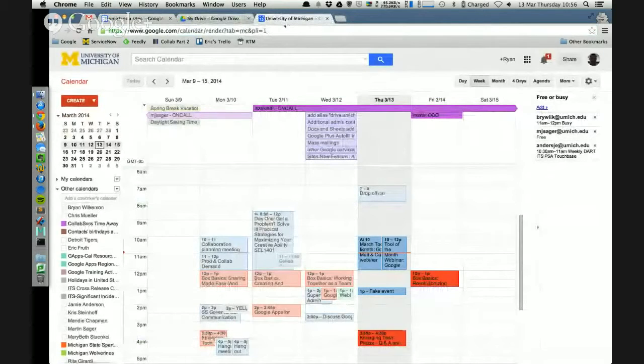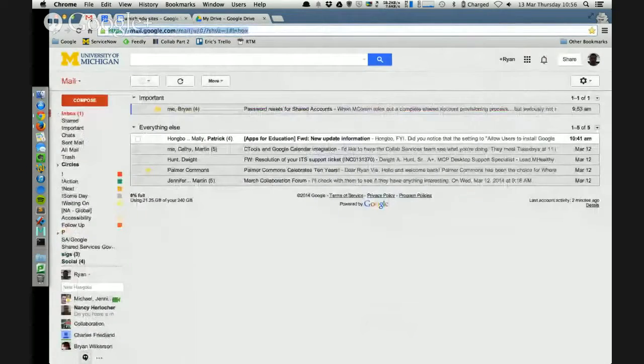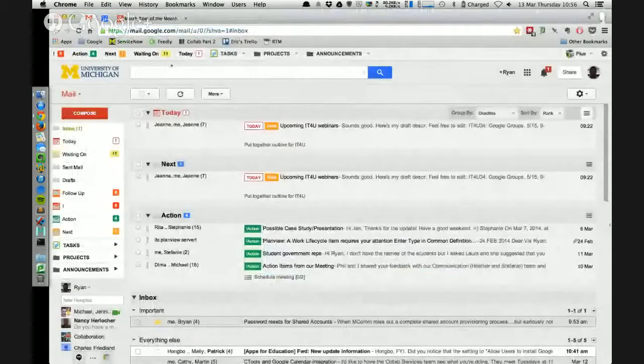I want Calendar to open up every time I fire off my Chrome profile as well, so I can right-click, pin tab, and you'll notice it shifts it all the way over to the left, and now I have two pinned tabs. And this looks a lot like here. These will always open up, and it'll always remember that I'm signed in on those pinned tabs. Doing those two things should probably accomplish what you're hoping to do.